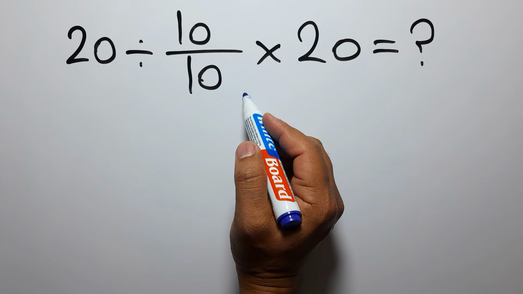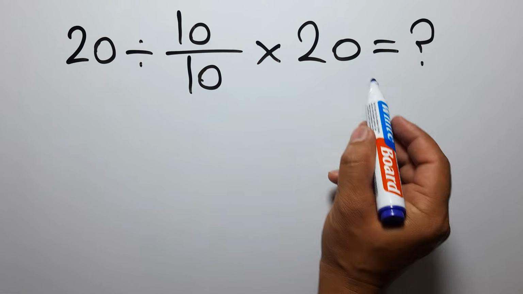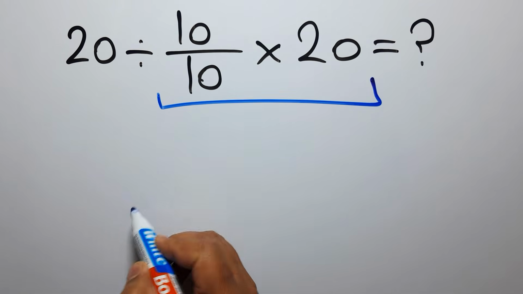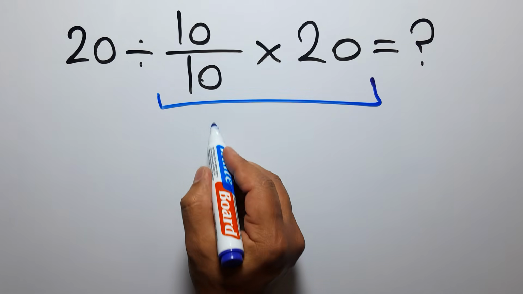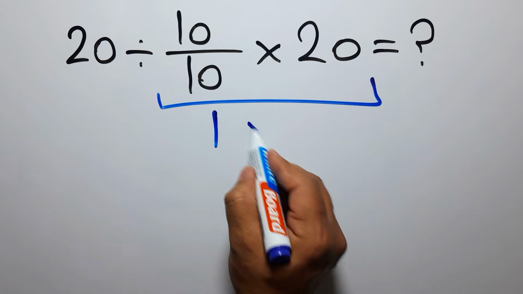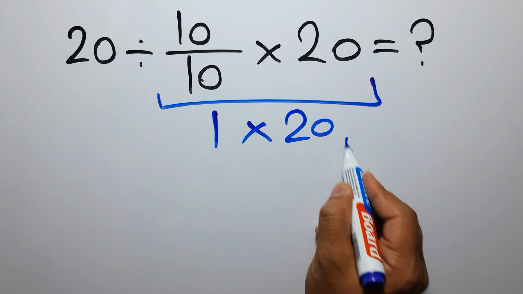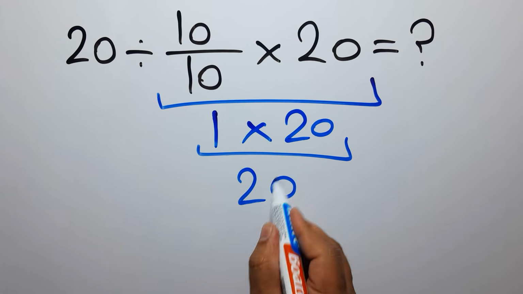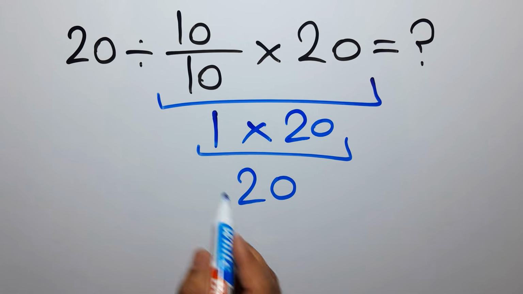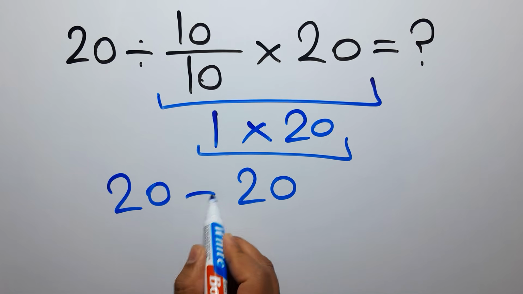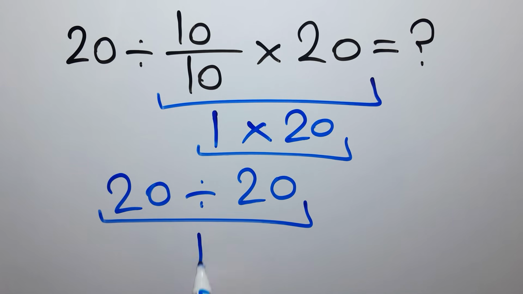First we do this multiplication. 10 over 10 times 20. 10 over 10 gives us 1. So 1 times 20 is just 20. So 20 divided by 20 gives us 1. But this answer is not correct, because according to the order of operations, multiplication and division have equal priority and